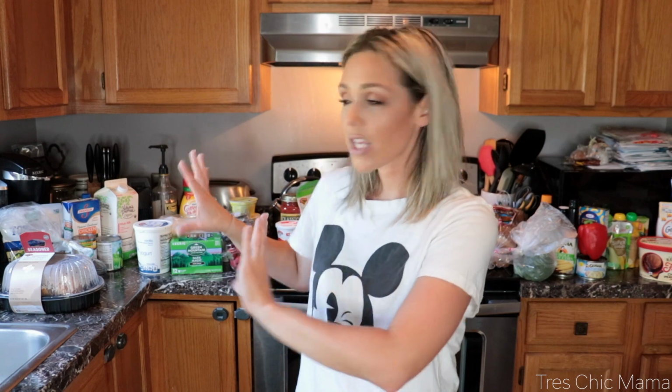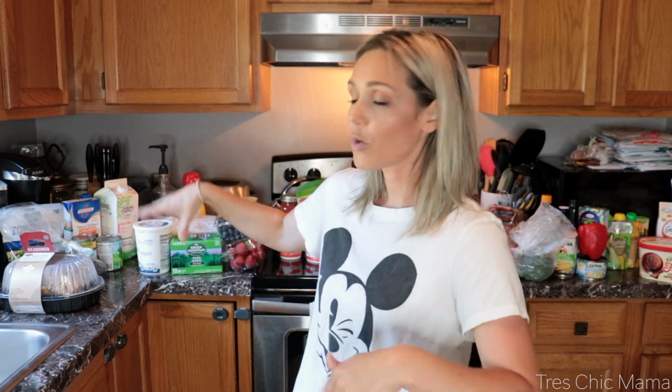Okay, so that is everything as far as the chicken tortilla soup goes. I already have taco seasoning in my cupboards, so I did not need to pick that up. And then I am also making some lasagna this week, and I just do cheese lasagna. Nothing crazy or fancy, just straight up cheese lasagna. And I already have lasagna noodles in my cupboard, so I thought lasagna is a super easy and fairly inexpensive